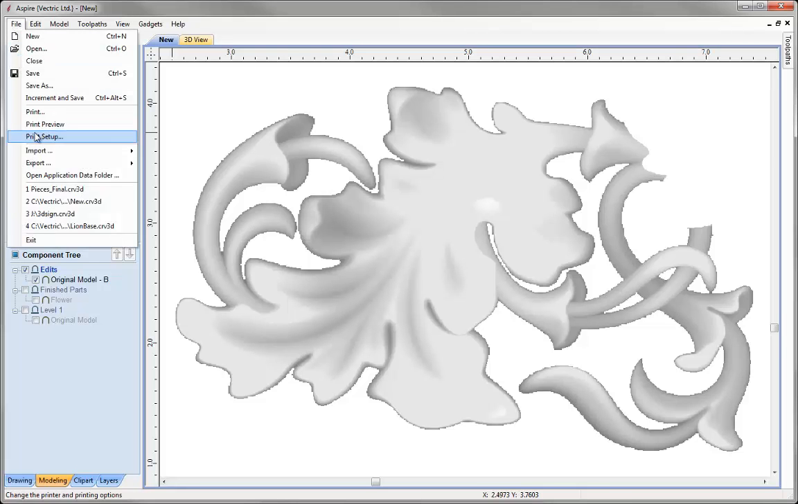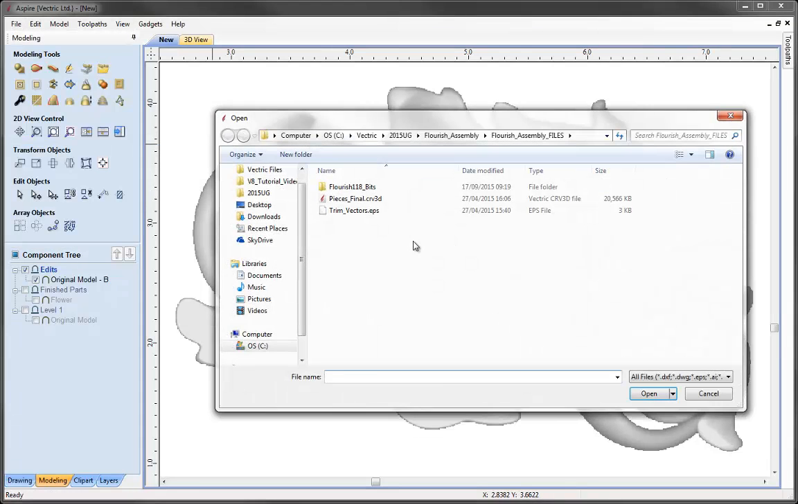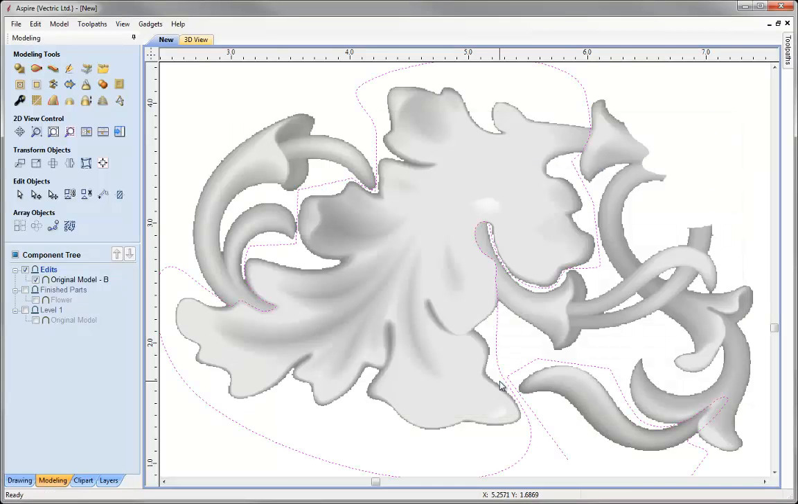So I'll go up to File, Import, Import Vectors, and from the project folder there's an EPS file called Trim Vectors that I'm just going to open. Now if you haven't set up your part to be exactly the same size as mine, then you'll find at this stage these may not line up, in which case you would need to adjust the size or redraw them